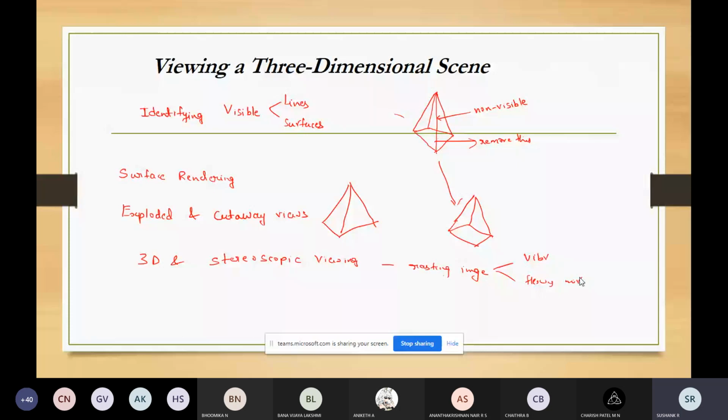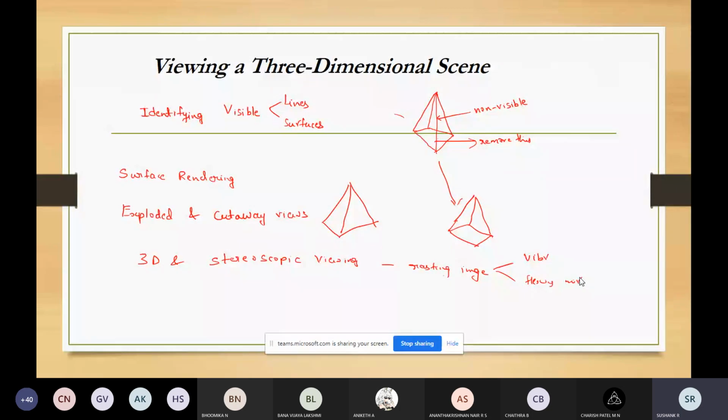When we view the monitor through special glasses, which will alternately darken the first lens and then the second lens in synchronization with the monitor refresh cycle, that is how we see the scene with a three-dimensional effect. So this is the working of this 3D and stereoscopic viewing.